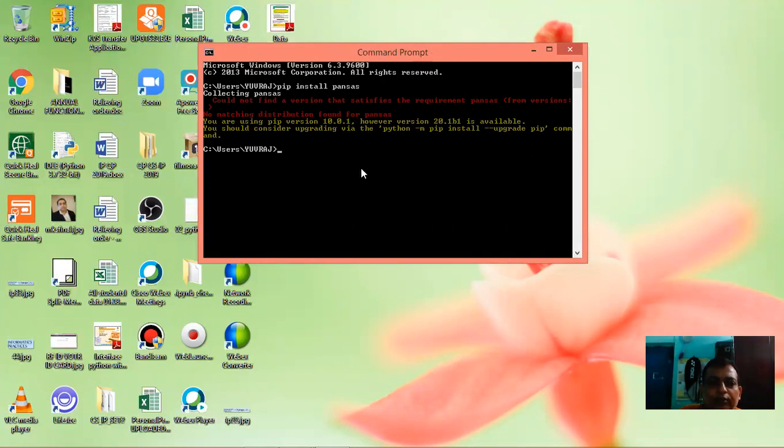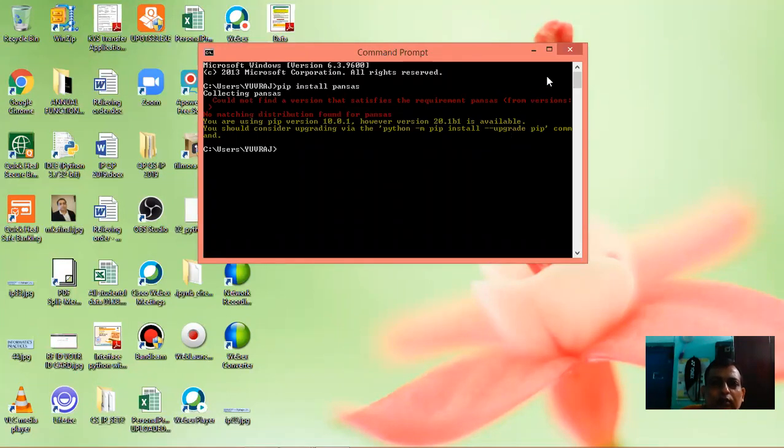See, I have already installed it in my computer, so it is showing the requirement is already satisfied, which means I have already installed it.